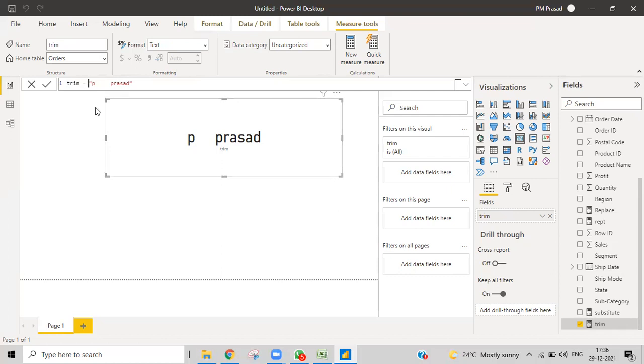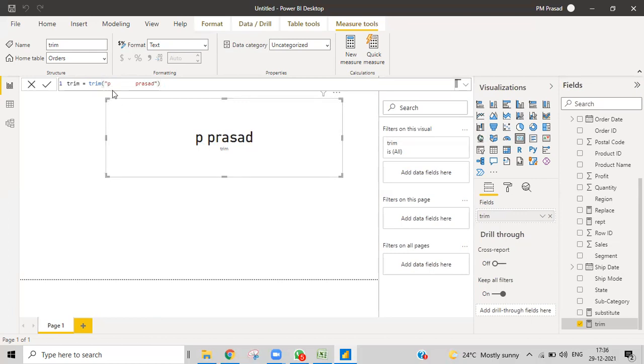And obviously what we can do, we can write trim and bound it in quotations, that in brackets. What trim will do is delete unnecessary spaces and keep only a single space, so that you can see it will be like this. How many spaces you write doesn't matter. Okay, so it will give the output in the same manner.